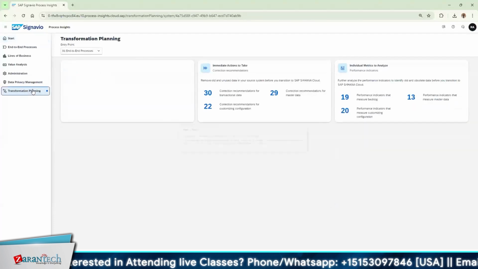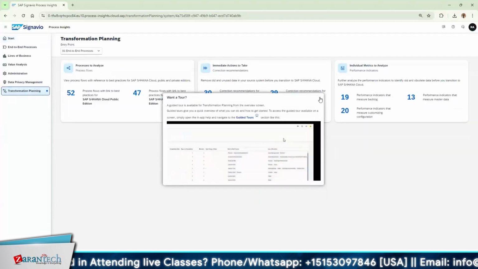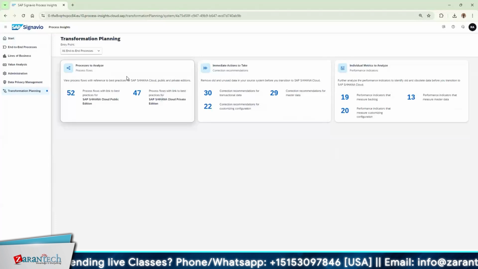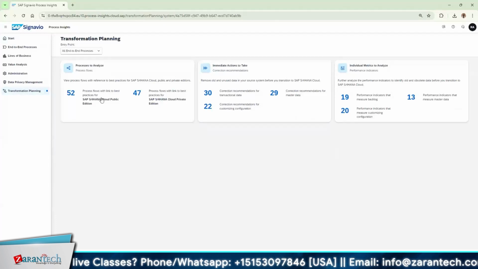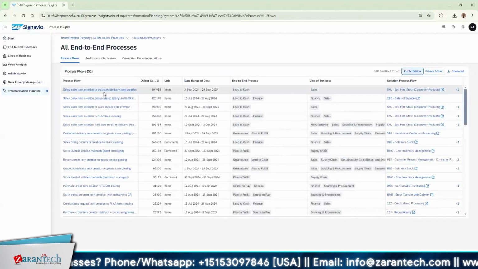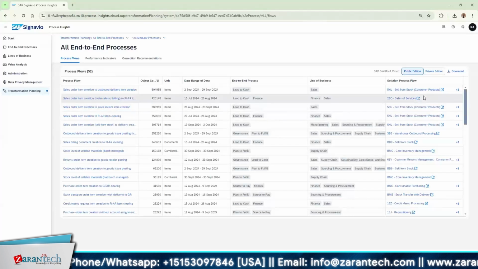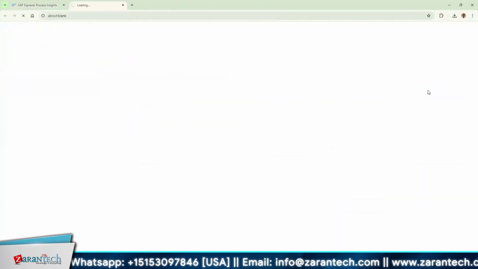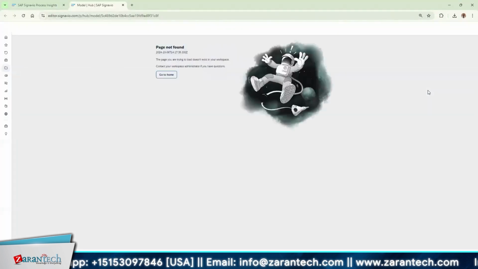So if we wanted to plan a transformation, whether we have a private cloud or we wanted to go with a public cloud, we can choose the option. Once we choose the option, it will show us what is our existing process and what are the best practices available. When we click on the process, it will locate us to, just a moment,